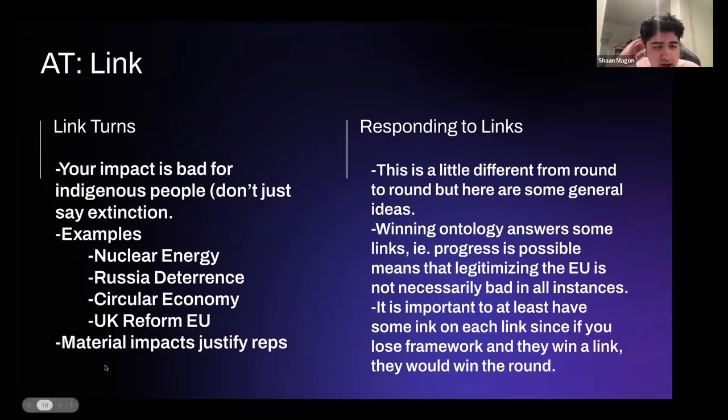The last thing you want to establish is that material impacts justify representations. Because obviously they're going to make arguments, and sometimes they'll make this in framework why fiat is illusory, which just means you don't actually pass your affirmative. But what you could say is that they have critiqued the material impacts of our arguments. For example, their arguments about why the EU is colonialist rely on the fact that the UK would actually rejoin it and legitimize the institution. So obviously, as that is true, if we read reasons why the impacts of our arguments are good and ethical, then that would logically mean that our representations are also ethical.